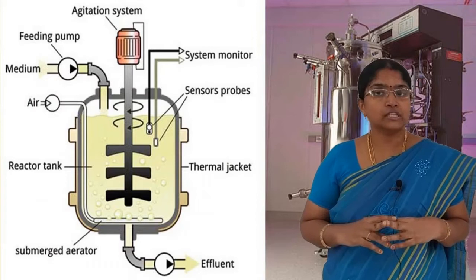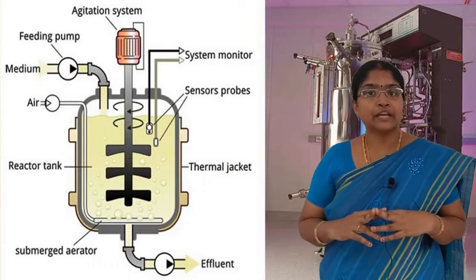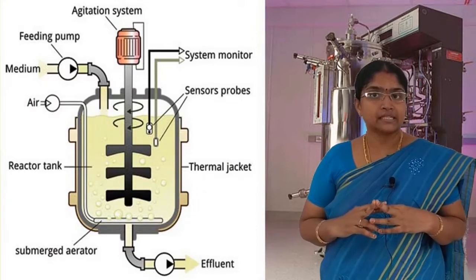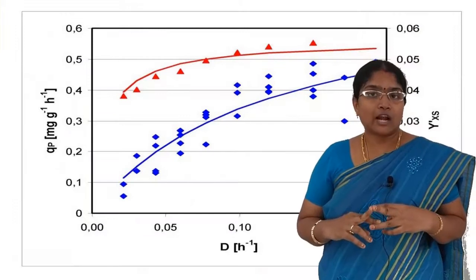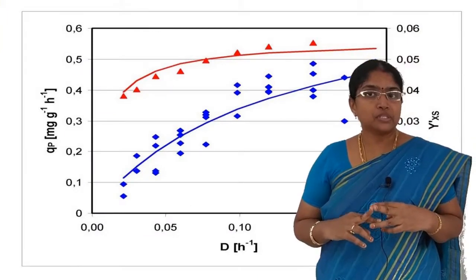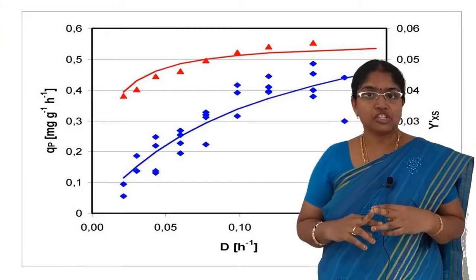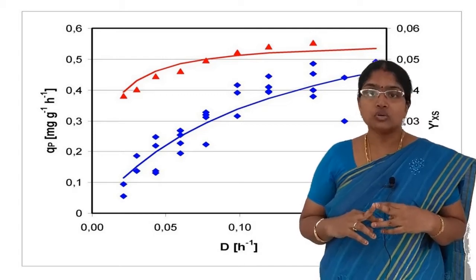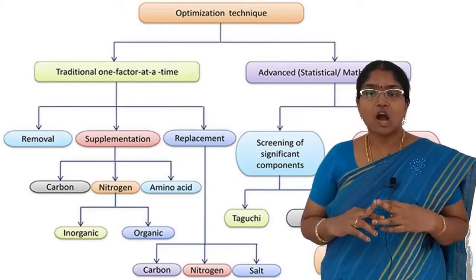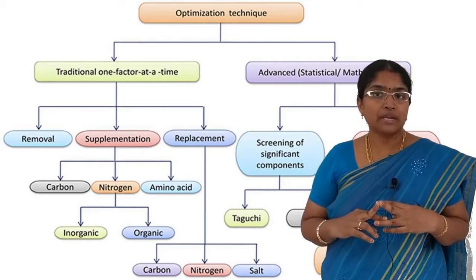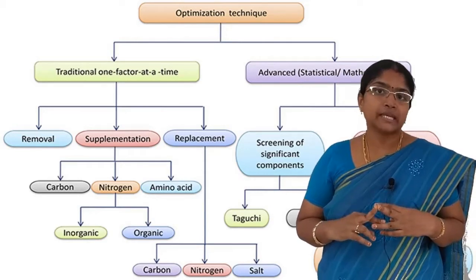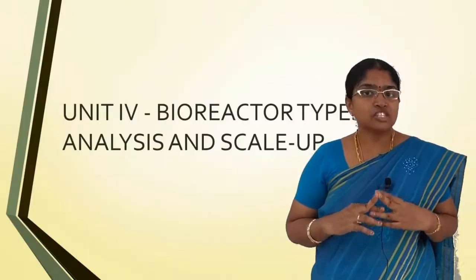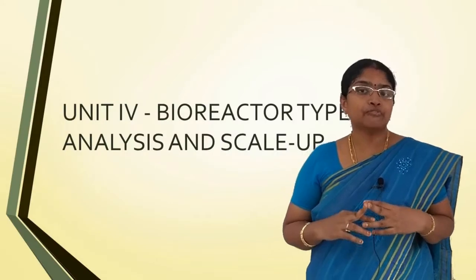So far in this course, we have studied the key concepts with basic reactor design, methods to calculate the yield of a given process and thermodynamic efficiency of flow, and also we have studied briefly about the methods for formulating the medium and optimizing it. Now, with a fresh mind, let us gear up into the fourth unit.